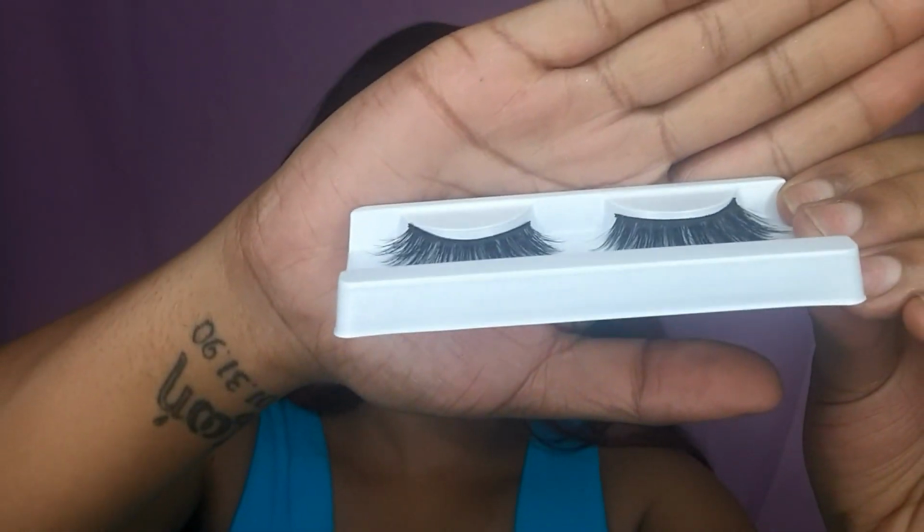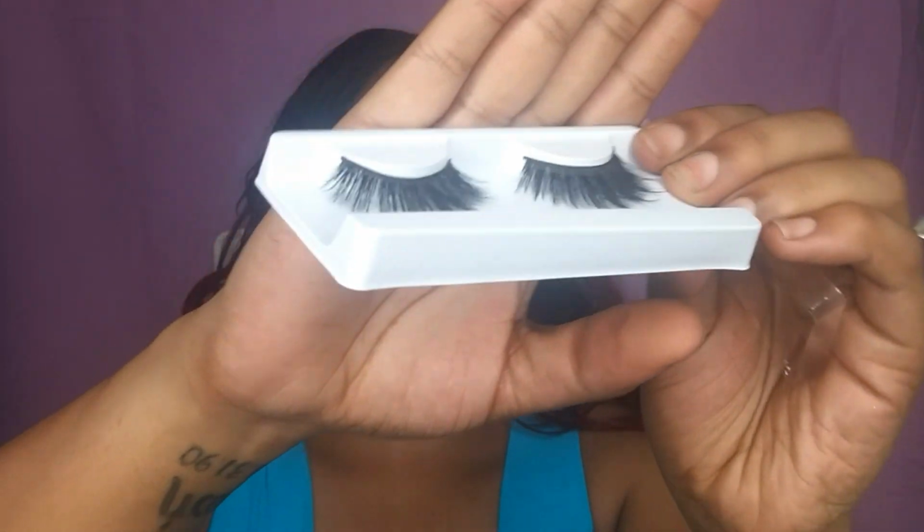You open it, and the packaging is like any other one, but they are so pretty, you guys. I wish you could see, it's not like regular drugstore lashes. They're not, I don't want to say flat, but if it's all on one strand, there's none coming up a little more than the others, unlike these ones. I don't know if you guys can see what I'm trying to explain, and the feel,